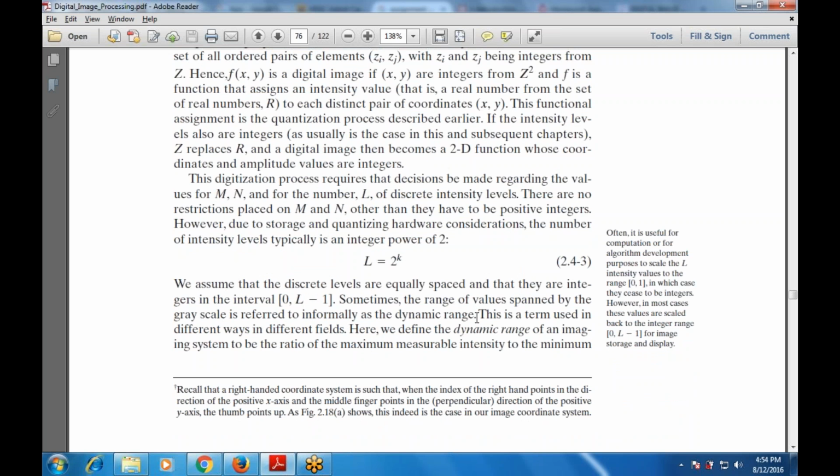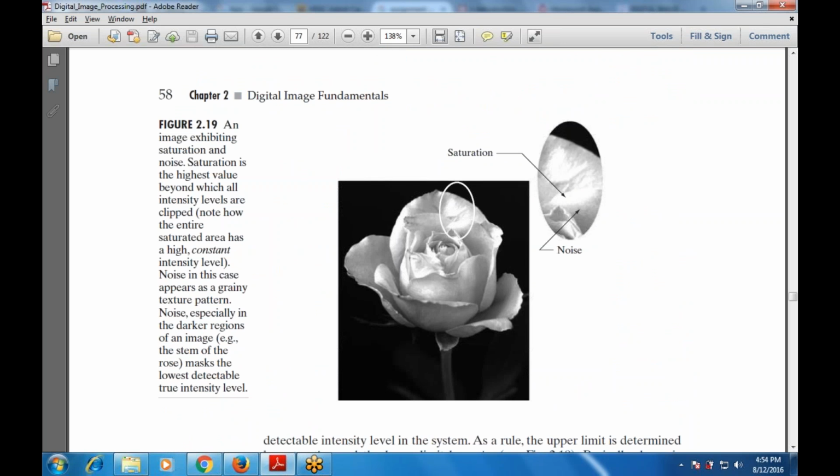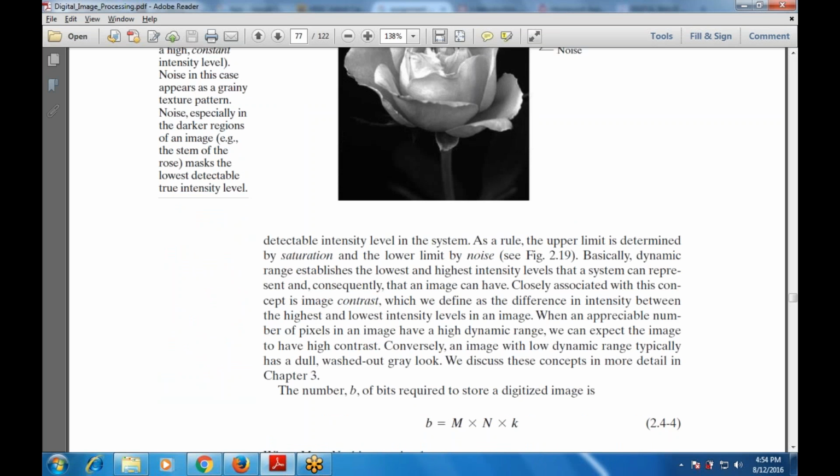That will be the ratio of the maximum measurable intensity to the minimum detectable intensity level in the system. And as a rule, the upper limit is